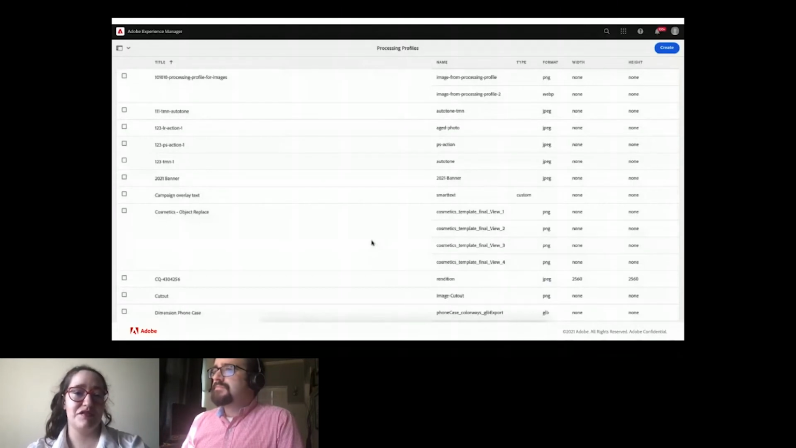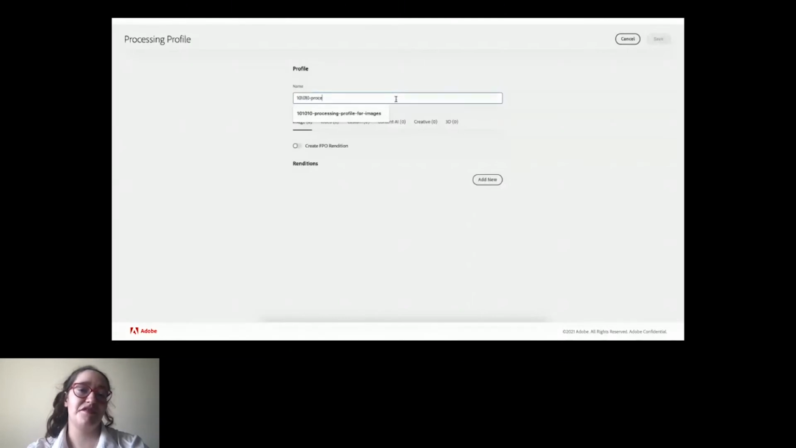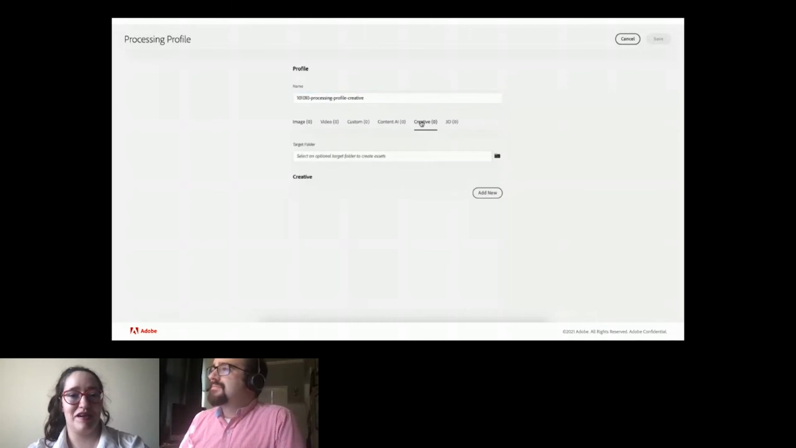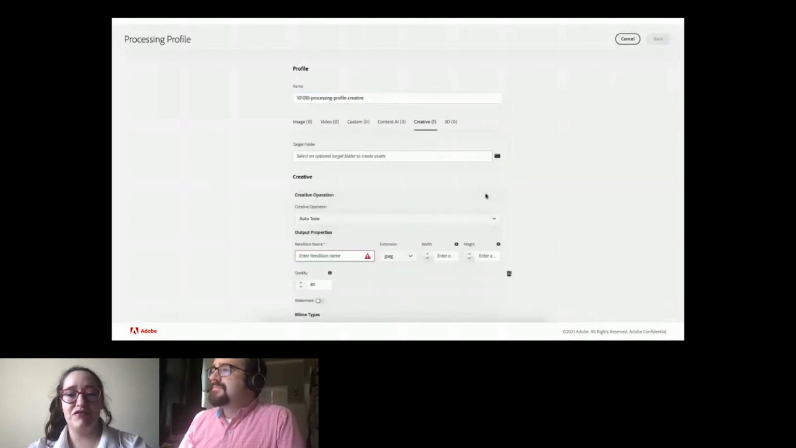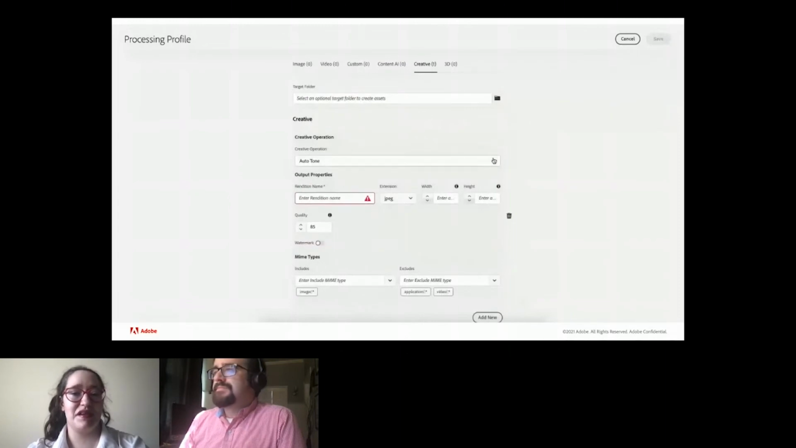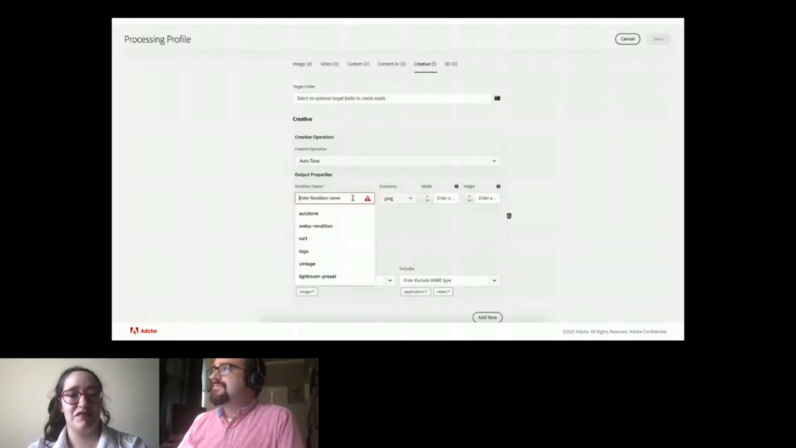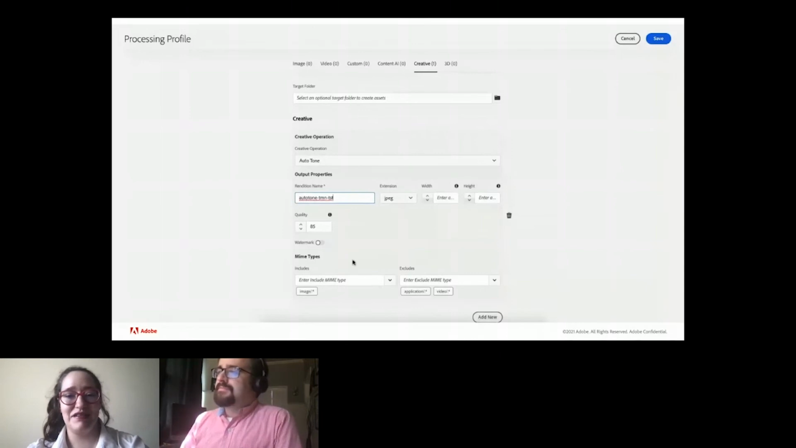This time I'm going to do a creative processing profile, which will reflect in the name. And I'm going to go on the creative tab. Here I'm going to add a new step, a new kind of rendition creative operation. And in my case here, first I will choose an autotone operation, define what kind of rendition, which formats I want. Here I'm going to go for an autotone rendition, which is a JPEG, and add another